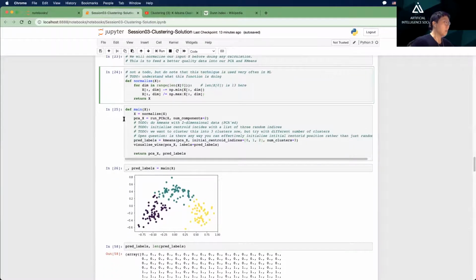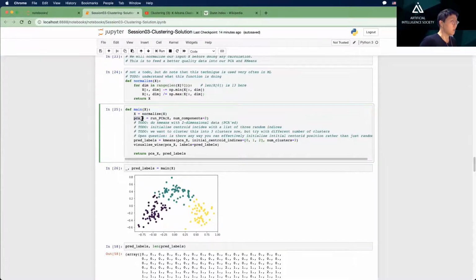And in the main function, we're gonna sum all that up. So we'll first normalize all the columns, and then we'll run the PCA, shrink the dimension to 2 dimensions, and then we get the shrunk data points. PCA, I'm going to call it PCA X, and I'm going to put this into the k-means algorithm as an X, and we're going to